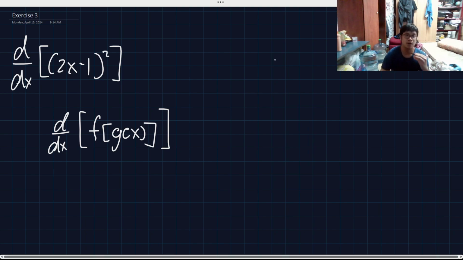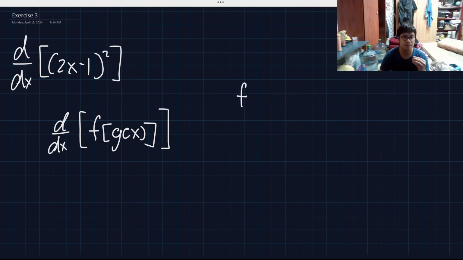Let me give you a common example of a function, for example f of x. This is just a simple notation of a function. But if we're going to replace the variable x with a function g of x, just like this, what happens is that the independent variable of f is g of x, and g of x is another function. So therefore, this is about a function within a function.